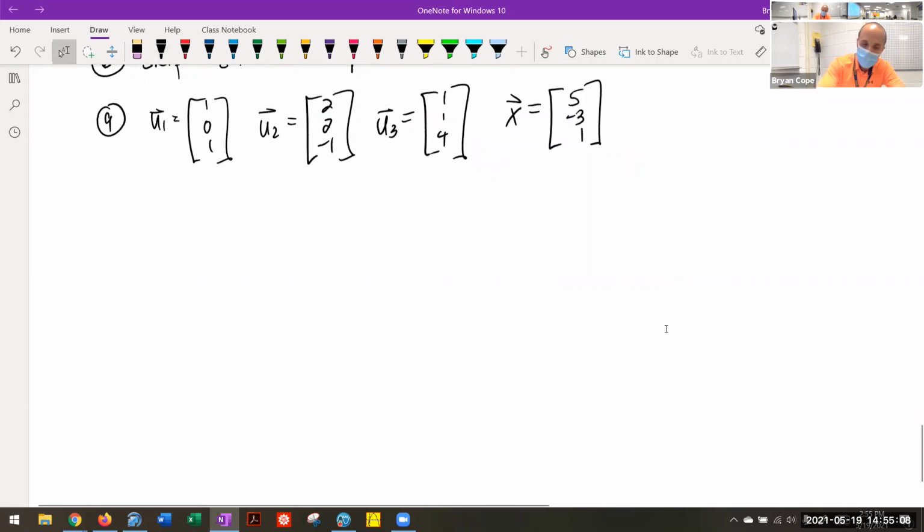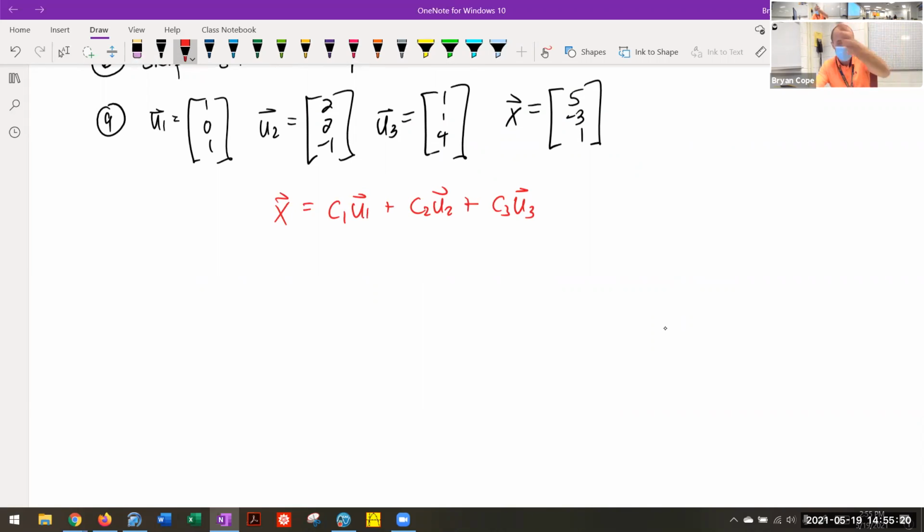So the point of this problem is to say, can you write X as C1 U1 plus C2 U2 plus C3 U3? And of course, the answer is going to be yes, if U1, U2, U3 is an orthogonal basis. So we're going to check that. We'll just do a real quick dot product. So the first dot product is 0. The first and the third